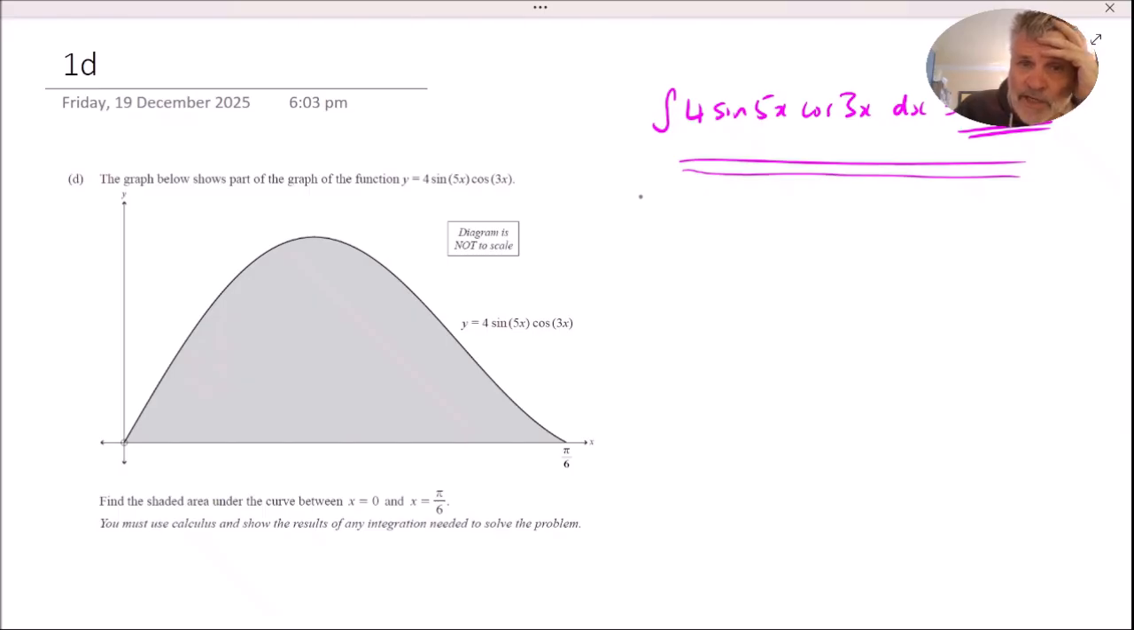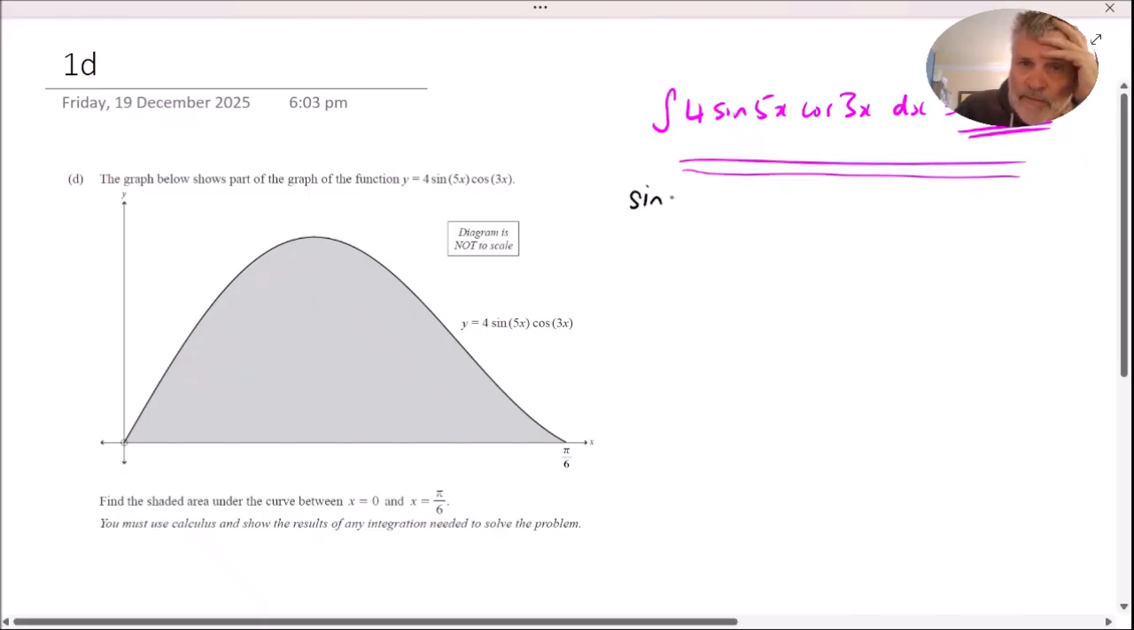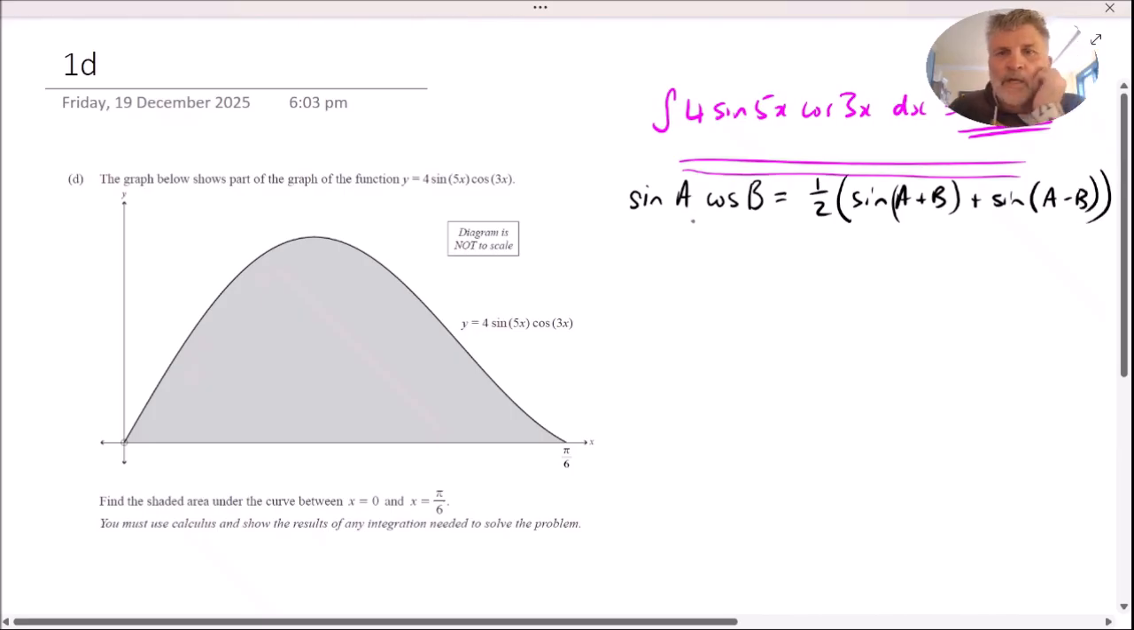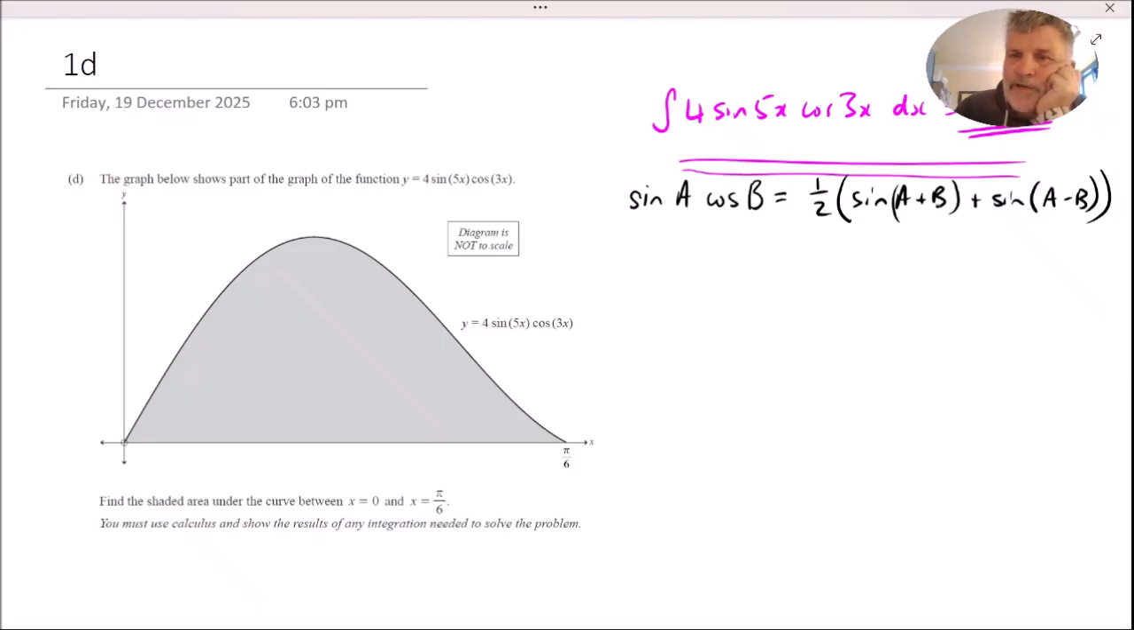And the trig identity that helps is sine A times cos B is equal to a half sine A plus B plus sine A minus B. So if we've got sine A cos B, it's equal to half the sine of the sum of the two arguments plus the sine of the difference in the two arguments. You don't need to remember these. They're in the tables for you to refer to. But it's a good exercise if you know